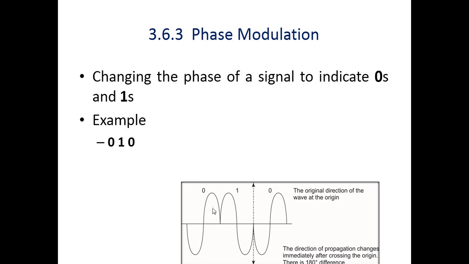The second element is 1. 1 is represented in the higher voltage or upper one. Now this 1 has its 180 degree effect. So this is the original one, and its 180 degree effect is in the below part. So this is the 180 degree phase change in the 1. And the last element is 0. 0 is represented in the lower part, then its 180 degree phase change is this one. So that is called the phase modulation. In it, the phase of the values is changed, but the amplitude as well as the frequency remain as they are. Thank you.